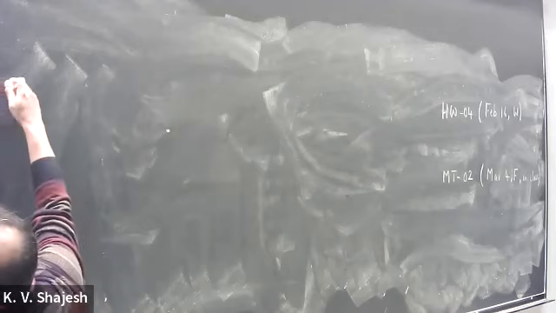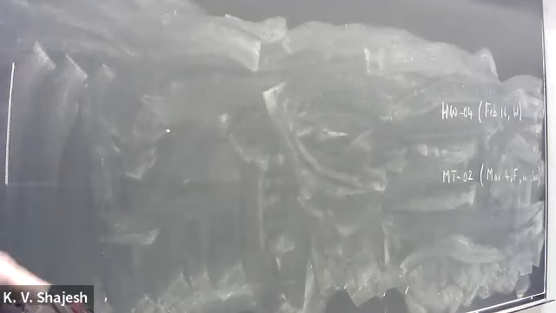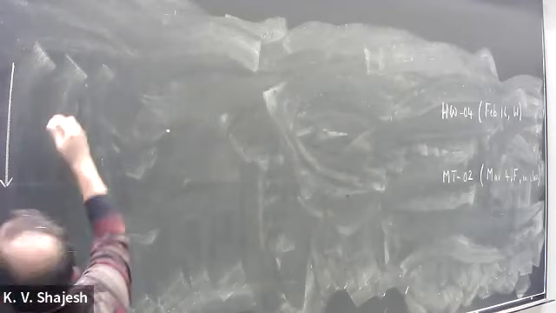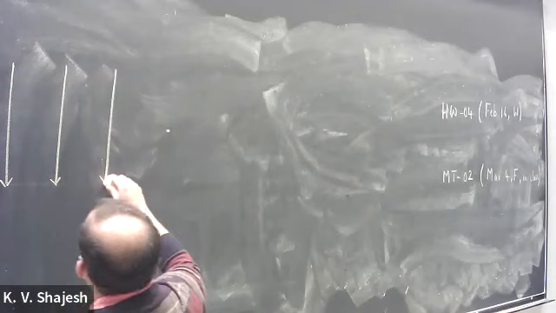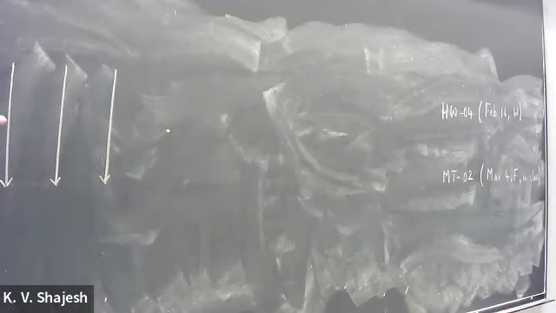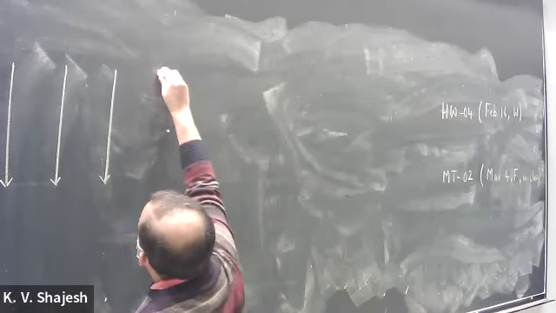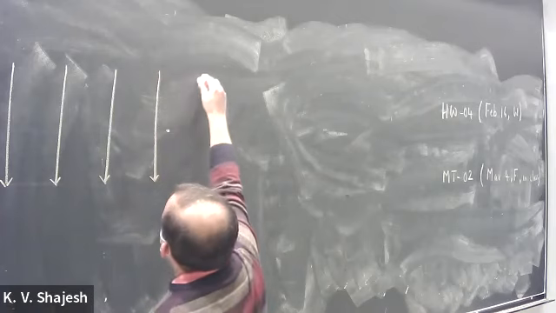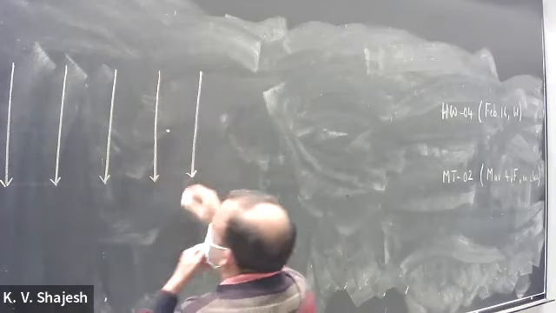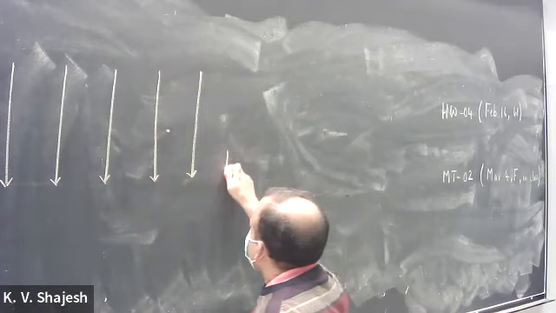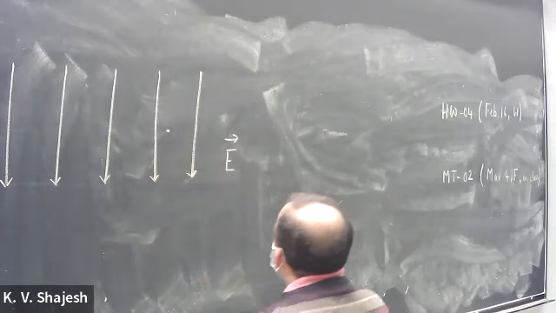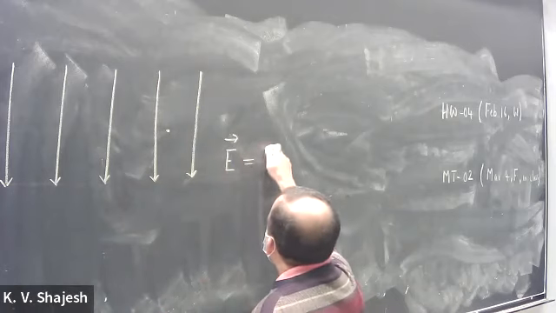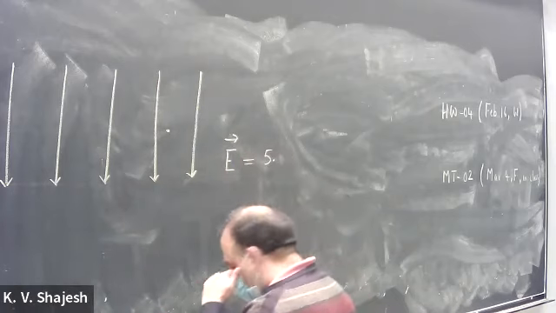So let's have a scenario where we have an electric field pointing downwards. And I take this example because this is very much like gravity, right? If you have electric field lines pointing downwards, it acts like gravity when you put a charge in. So this is electric field E. It's pointing downward, and let's say this is equal to 5 point. Let's say the direction is.